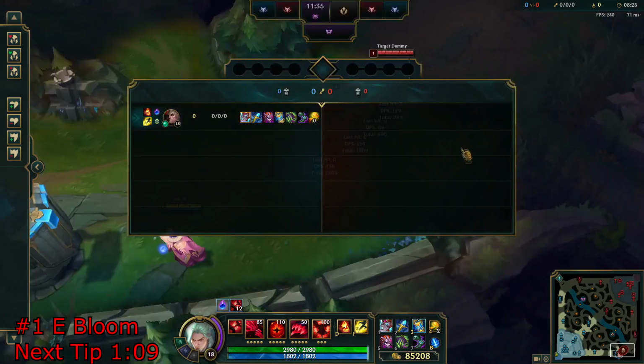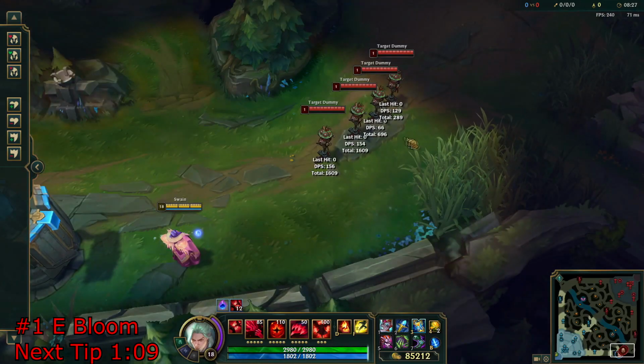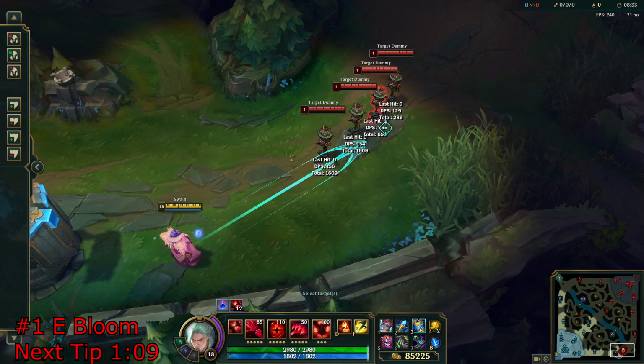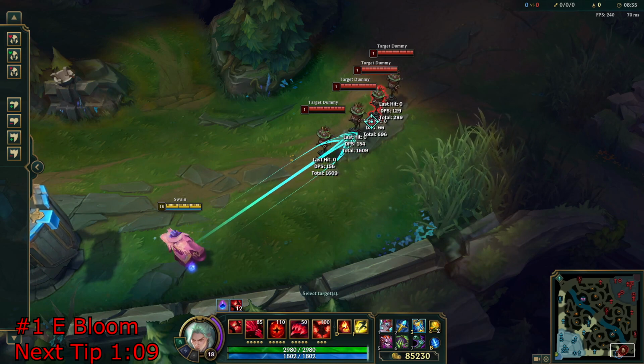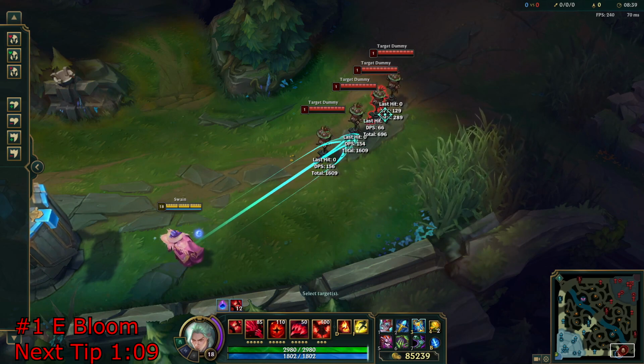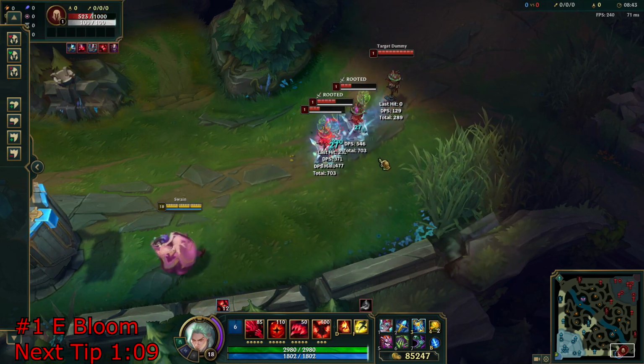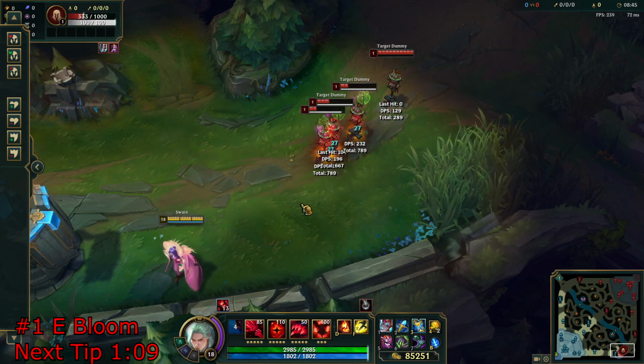All right, getting into tip number one that you probably do not know on Swain. The first thing that you should understand when playing Swain is his E and how it has a blooming effect when you land with the E detonation. As you can see here, the E should in no way ever root this third target dummy. We're going to throw it out, and it is going to proc that root on that third target dummy